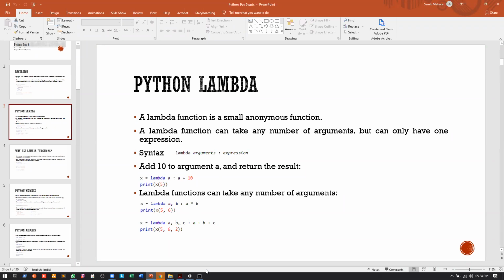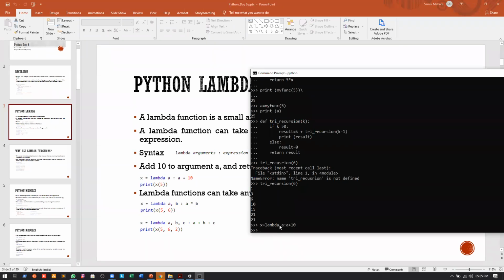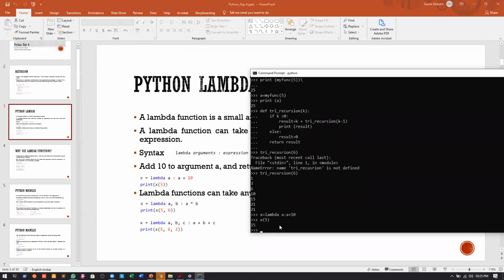Okay, so let us see these examples one by one, and let us see whether the same thing happens or not. Okay, so suppose we have x is equal to lambda, we have a, and we will have a colon, and we will write the expression. So a plus 10, right? Now if I just write x of 5, you can see that we are printing